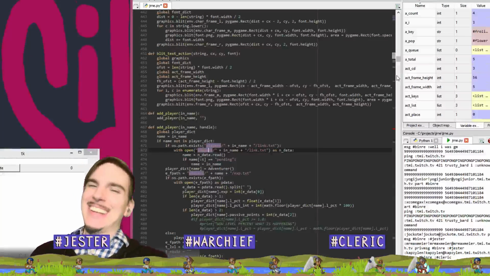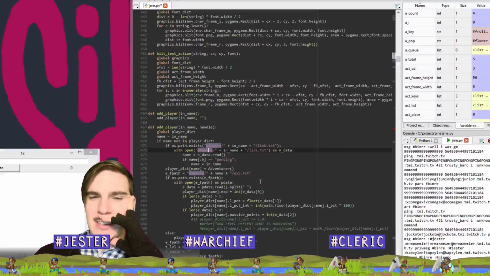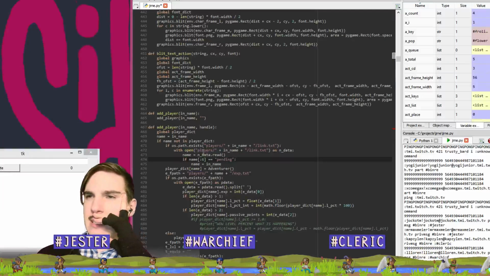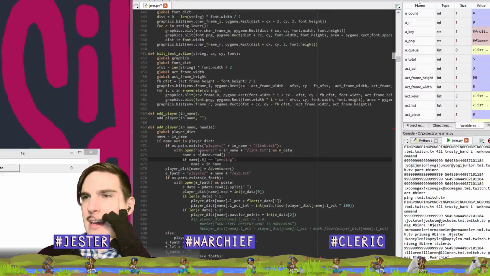Hold on. So where do I set up the links? Do I still want to manage the links in add player, or do I want to move this down to